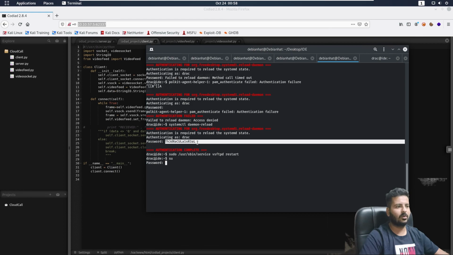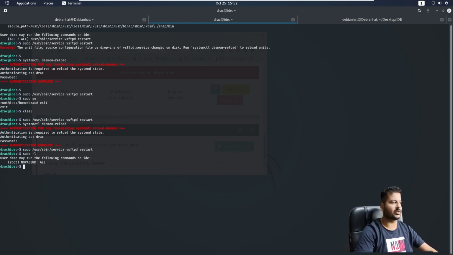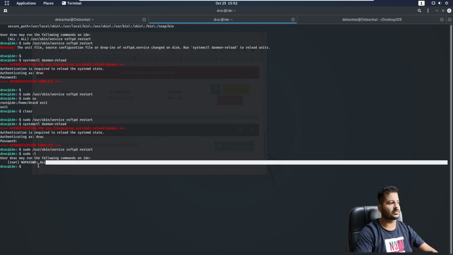Yes, it should work now. So I was making a mistake there. So once we have run all the commands and got all the access for Drake, as you can see right here, if I show you all the access for Drake, now Drake is able to run all the sudo commands without any passwords, as you can see.